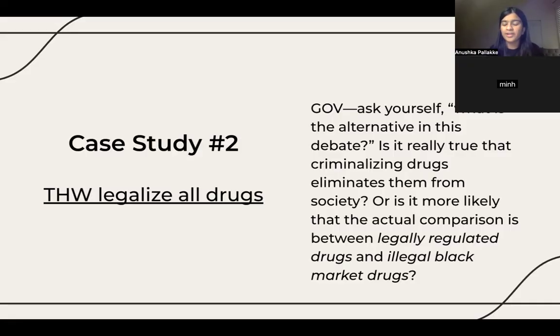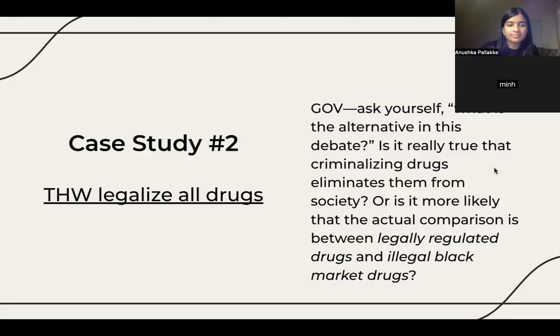And also, another thing you can do to really emphasize the comparative is, I'm not sure about the East Coast, but at least in California, there's some drugs that are non-legalized, right? But then still, we could talk about how this is the status quo. Some drugs are not legalized, but we see illegal black market drugs are still super on the rise. We see people facing things such as addiction in our status quo. So we have tangible proof that criminalizing drugs does not eliminate them from society, if that makes sense.